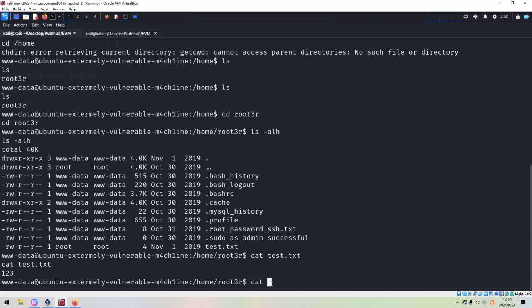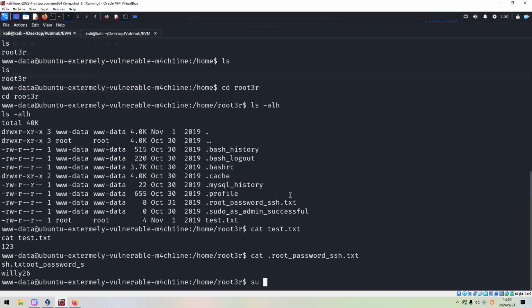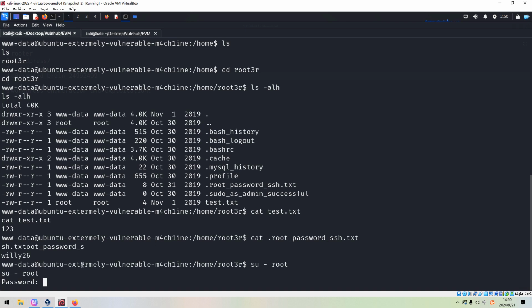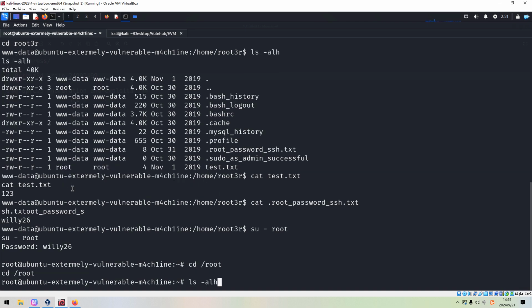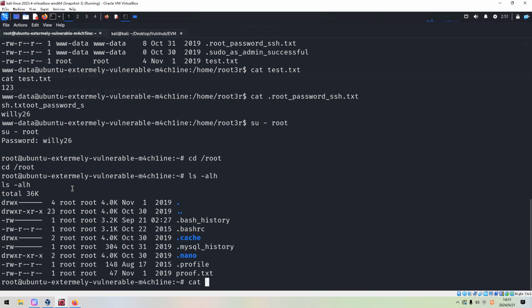We can get out, and then I think we can switch our shell, or elevate our shell, to the root user very easily. We just switch user to root, and then we can copy this password. That's it. It works. So now we can navigate to the root directory to grab the final flag or proof.